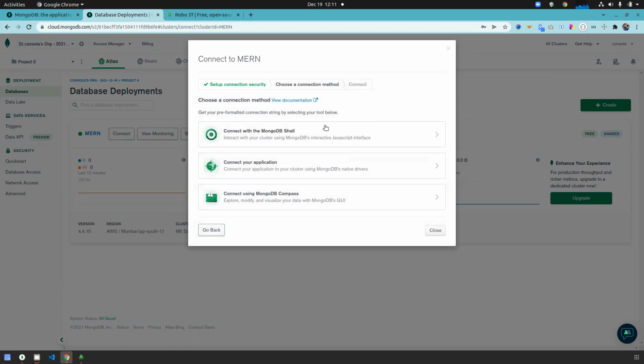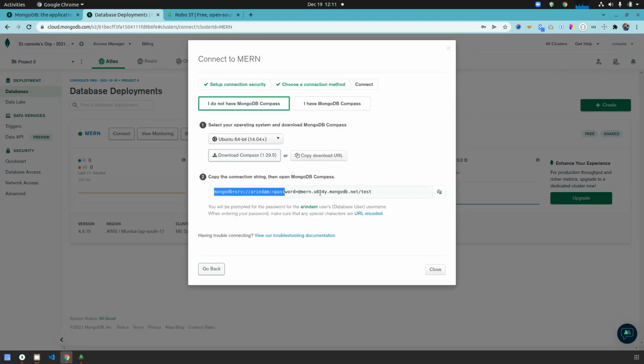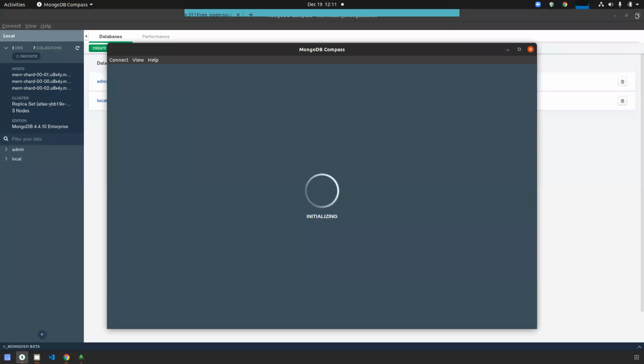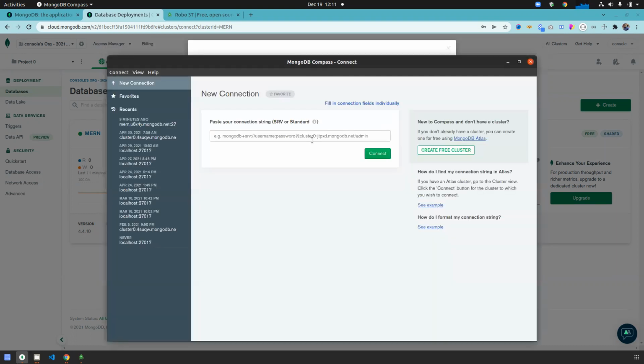You need to create the cluster first. From that cluster, you need to check connect using MongoDB Compass. It will give one URI. You just replace the password with your password. Then open MongoDB Compass.